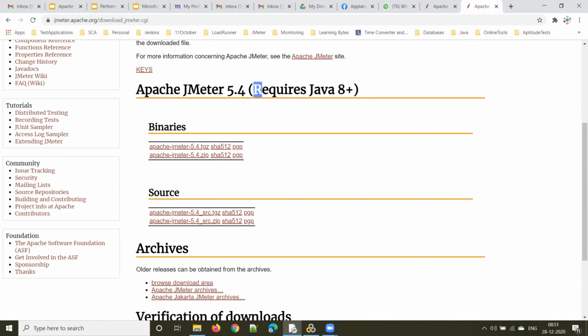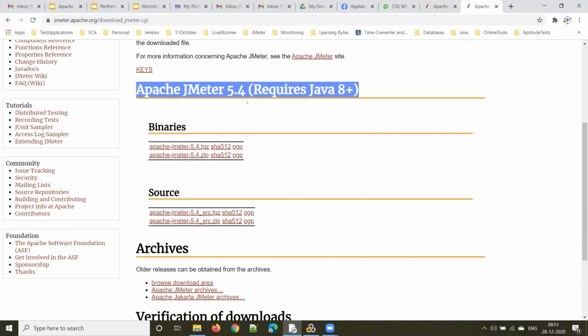JMeter is basically a Java application, so you need Java 8 plus for this particular version, right? So that's what this says. It requires Java 8 plus. We will first check whether you have Java on your machine. I'll show you the commands to check that and the version as well.